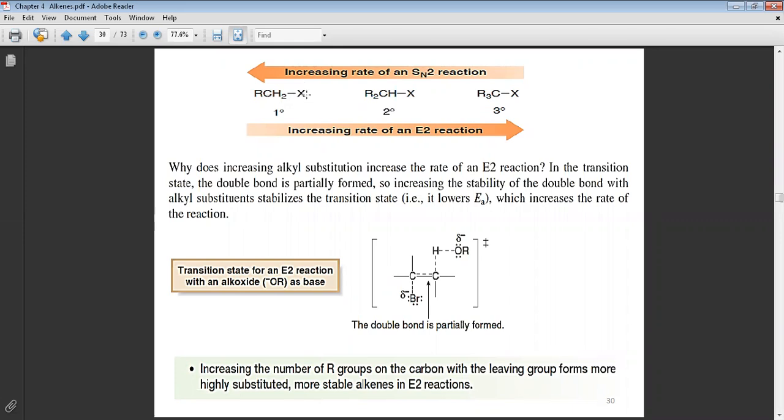Now, if you remember, for the SN2 reaction, which one is faster, this or this? Of course this one will be faster. Why? Because of less steric effect. The nucleophile can attack from the backside, if you remember that. And the tertiary cannot enter the SN2 reaction. But here in the elimination reaction, in the E2 mechanism, no. The tertiary alkyl halide is the